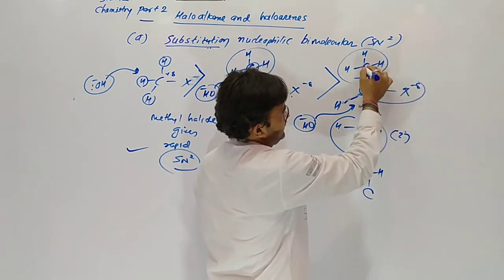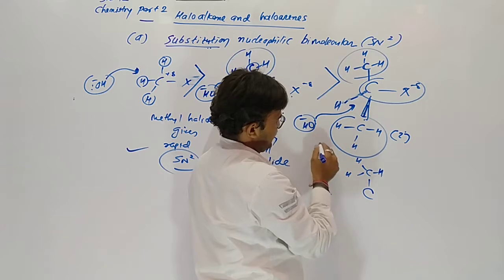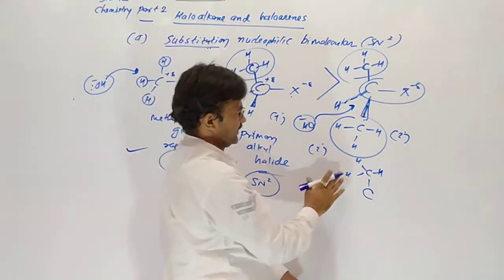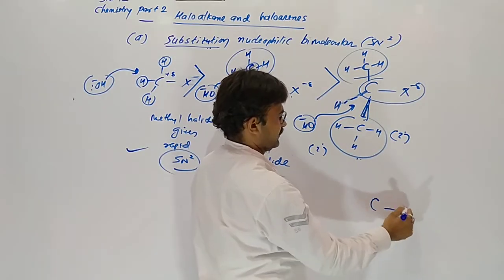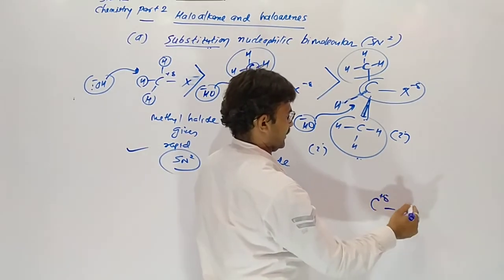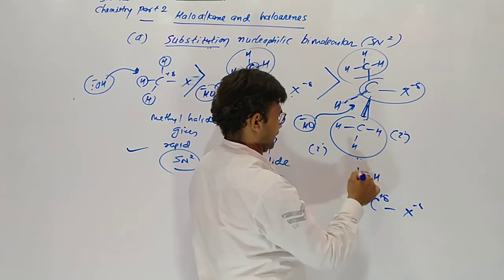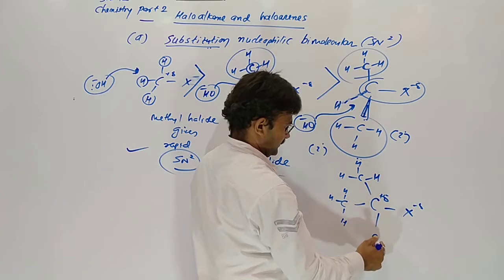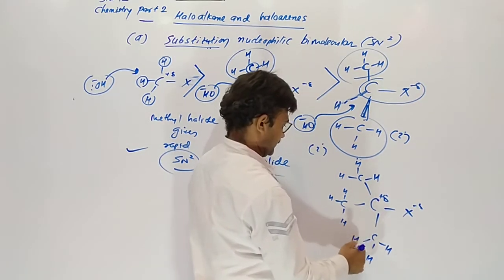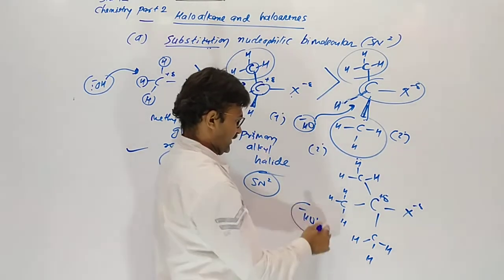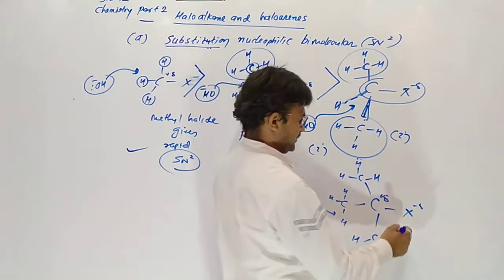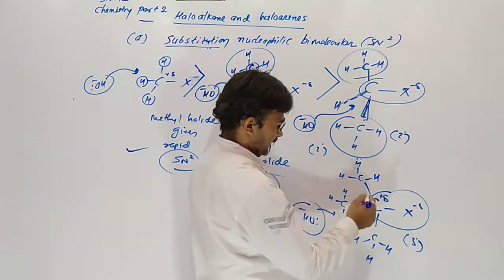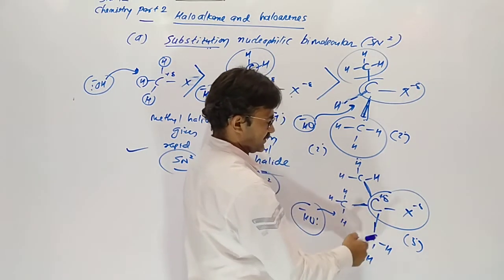The halogen containing carbon is attached with another two. The secondary alkyl halide gives a very slow reaction. And now what about tertiary? The halogen containing carbon is attached with another three. So there are three bulky groups which repulse the coming OH minus group maximum. So this one is tertiary. Why? The halogen containing carbon is attached with another three carbon atoms.